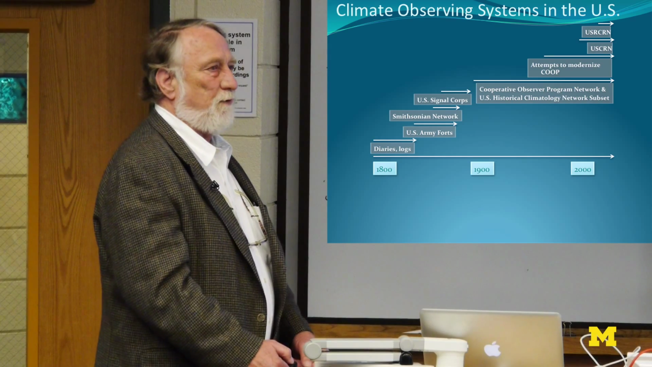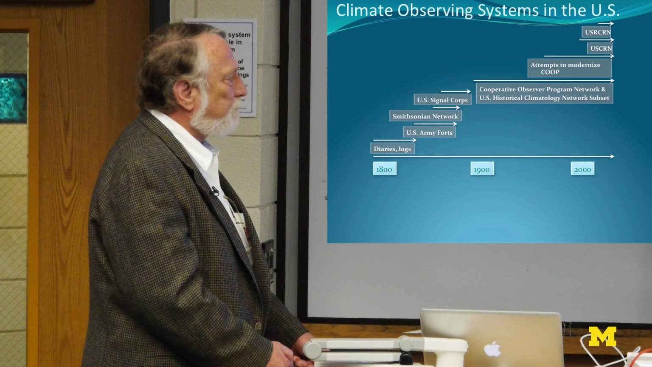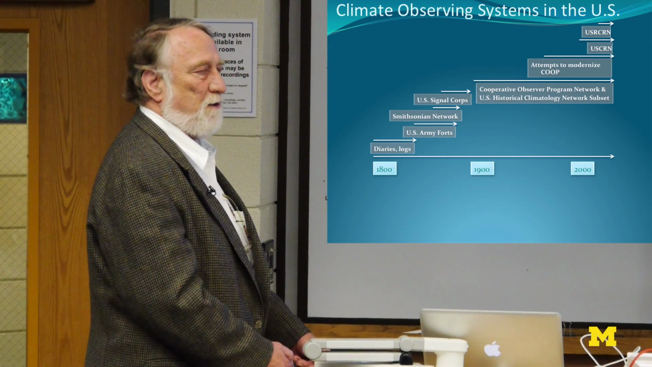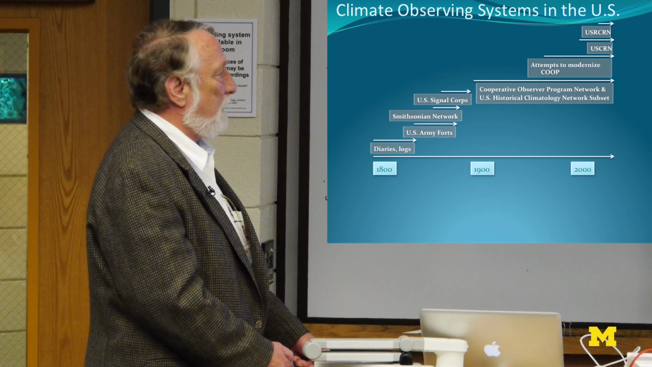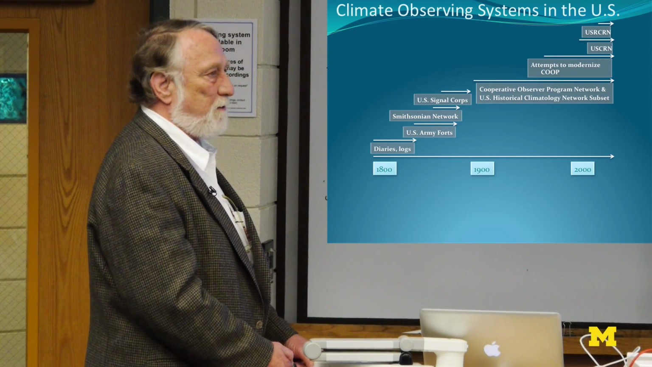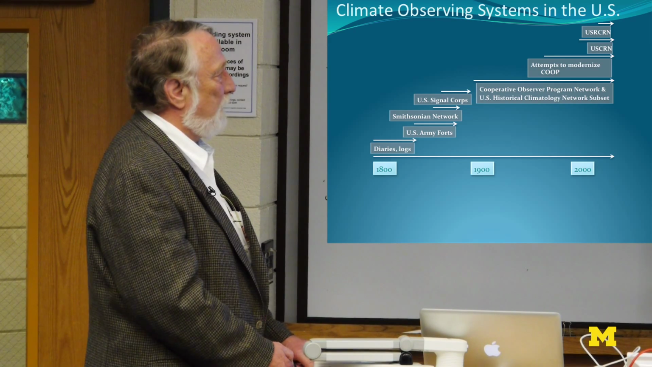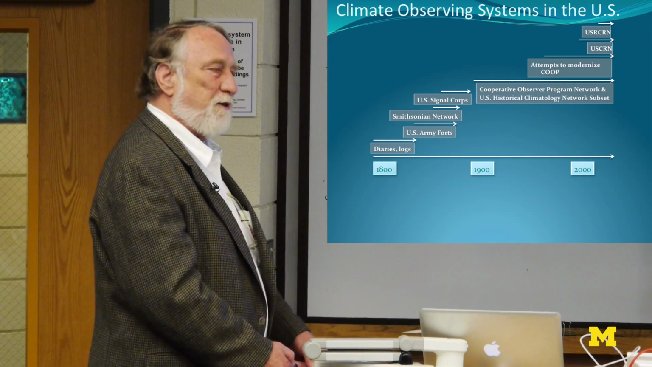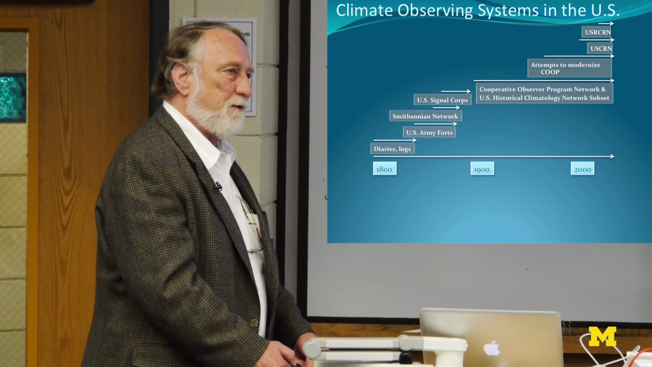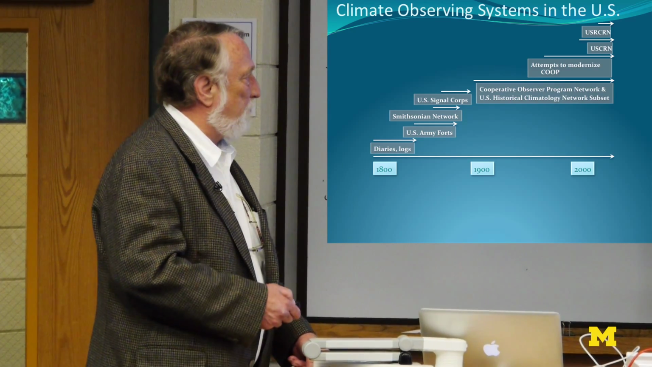This is sort of a history of the climate observing system in the U.S. It started with diaries and logs. Actually, Ben Franklin and Thomas Jefferson kept them. Some of their diaries and logs are archived at the National Climatic Data Center. The U.S. Army forts measured temperature on a daily basis, and there's a data set for that. So we go up and we finally get to